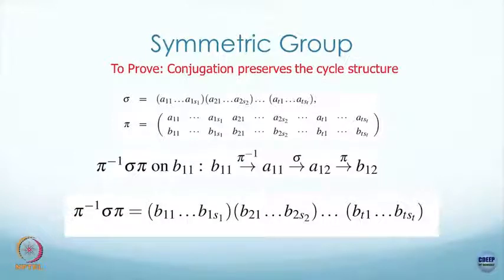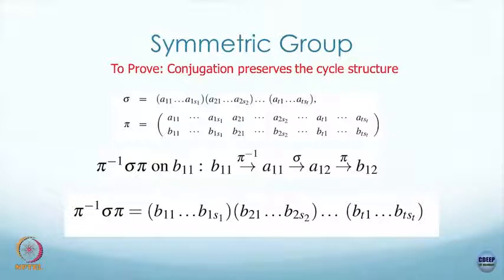Whatever is the degree is dictated by S1 plus S2, so many elements, that will be the degree of this permutation group, and for that particular permutation which is written in the cycle structure you can write a long hand like this, clear. Similarly, I have another element which I have written in the long hand. I am not saying what B11, B1S1 are, some other elements, it does not need to be the cycle structure. A11 will go to one of those elements from the set and I am just calling them B11, and so on.